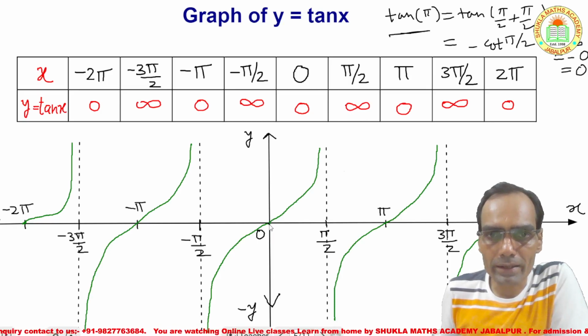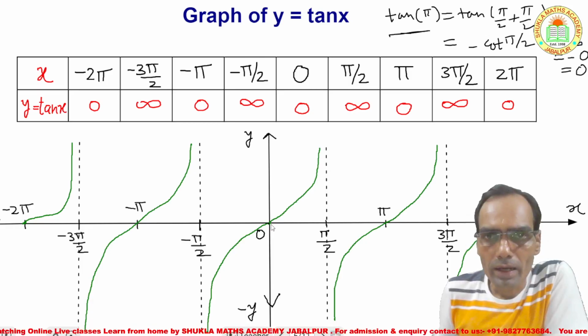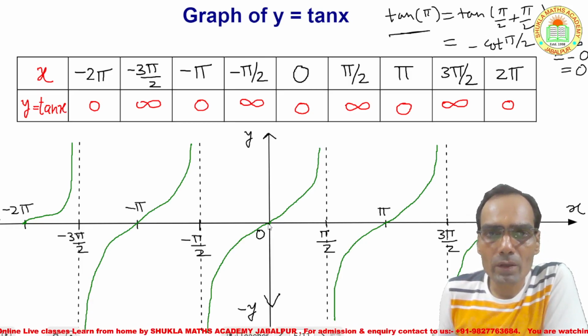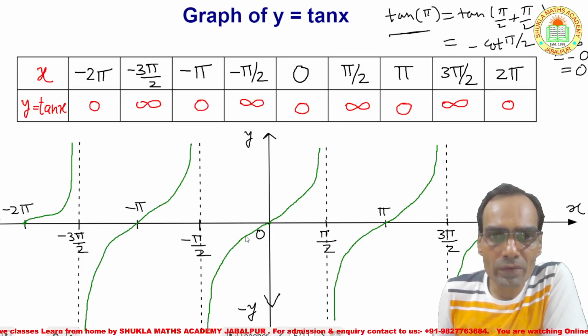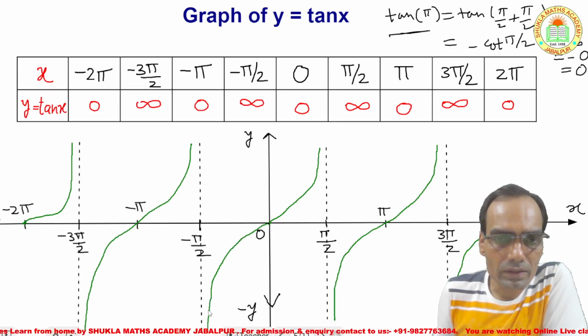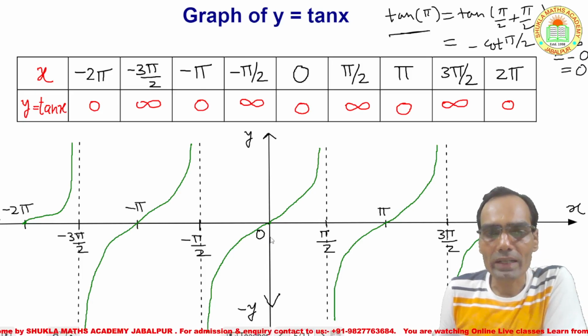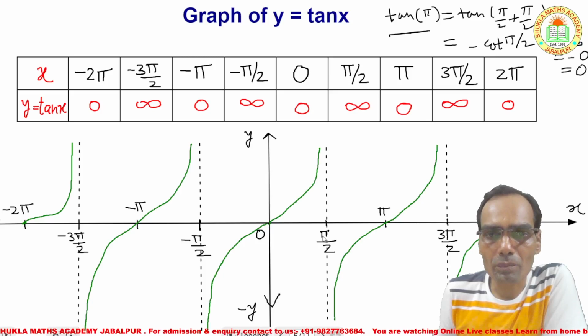So now see that at pi by 2 the graph is going up, and it is parallel to the line x equal to pi by 2, right? So it is pi by 2. On the negative side also, take the minus value, minus pi by 2, it is also going to infinity, so it is going down parallel to the y-axis up to infinity, right? So this graph is for pi by 2 and minus pi by 2.